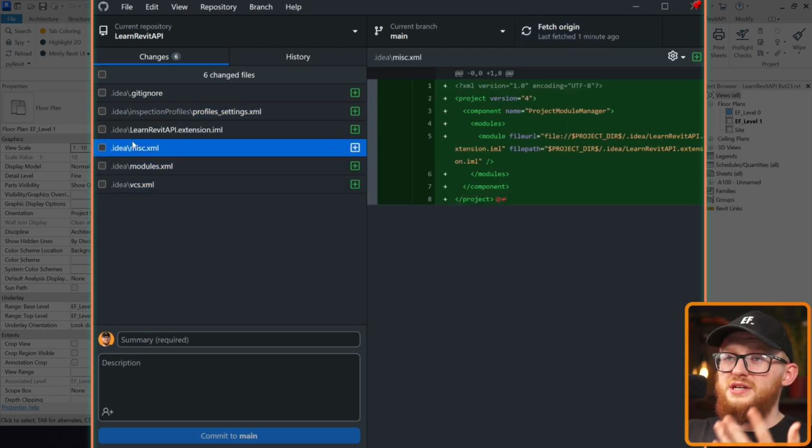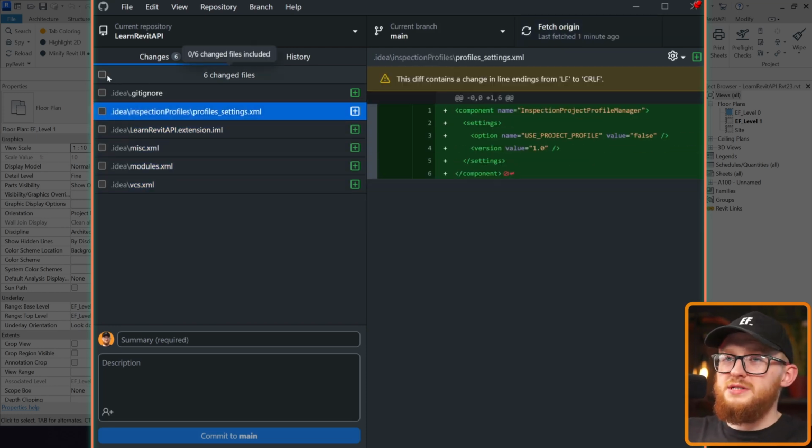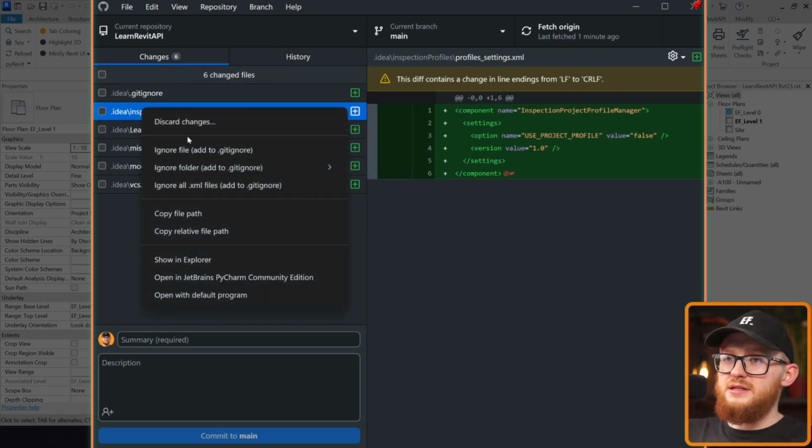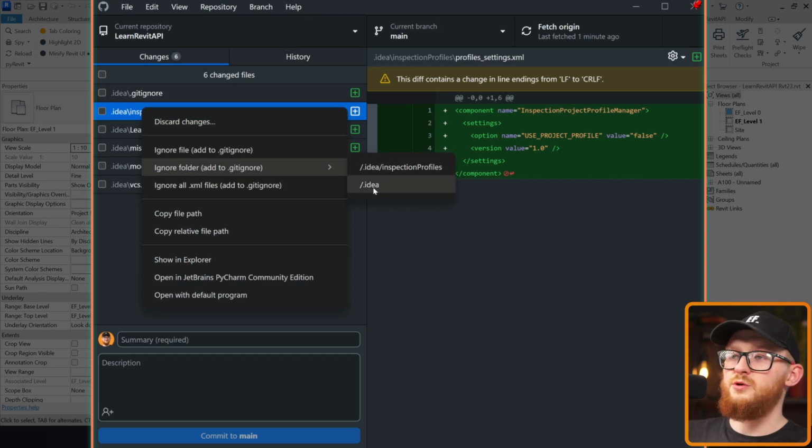And also, you don't want to see all these files every time you come here because you would have to deselect them every time, and this is very annoying. And there is a solution for that. You can right click, and in here, there's going to be ignore file. And in the parentheses, it says add to Git Ignore. What we want to do is we want to ignore the folder. So I'm going to click on that one, and it asks me which folder, and I want to ignore this